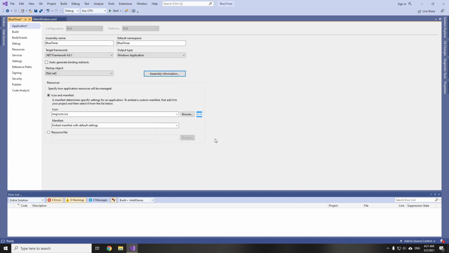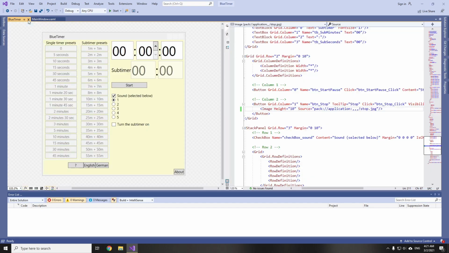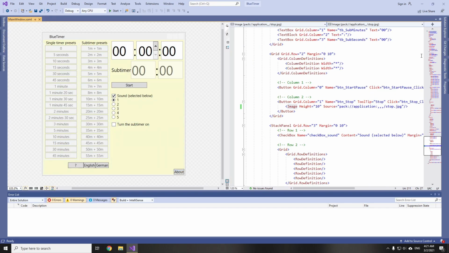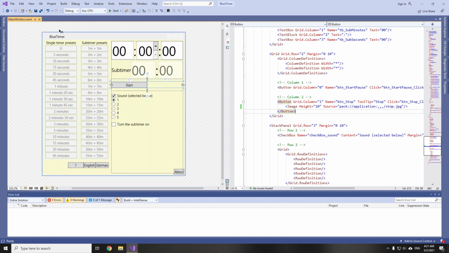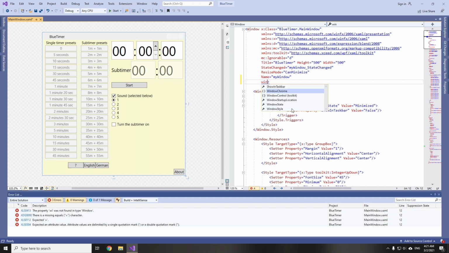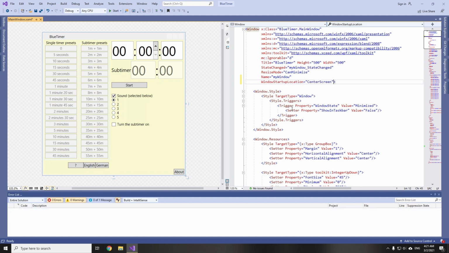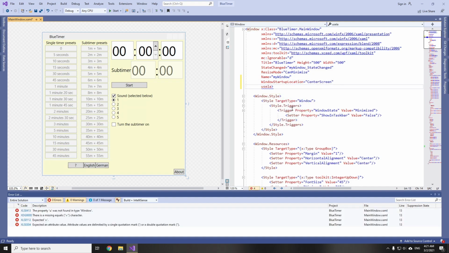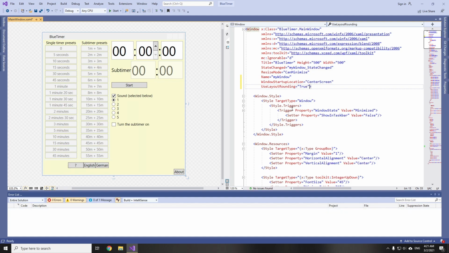And by the way, I suppose this should be the last update of the version, and in the next parts we are going to just improve the existing one. I will go to our main window, and here I will make just 2 slight or even 3 slight improvements. So first of all, I want this window to start on center screen. Also, I want to use layout rounding and set it to true, and also I will need to access its loaded event.